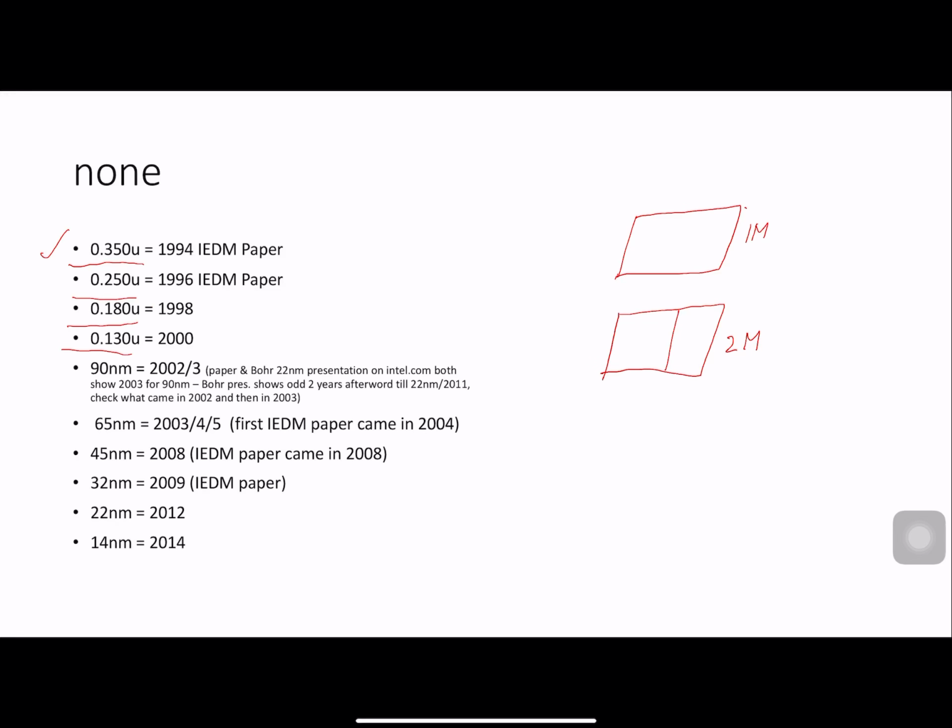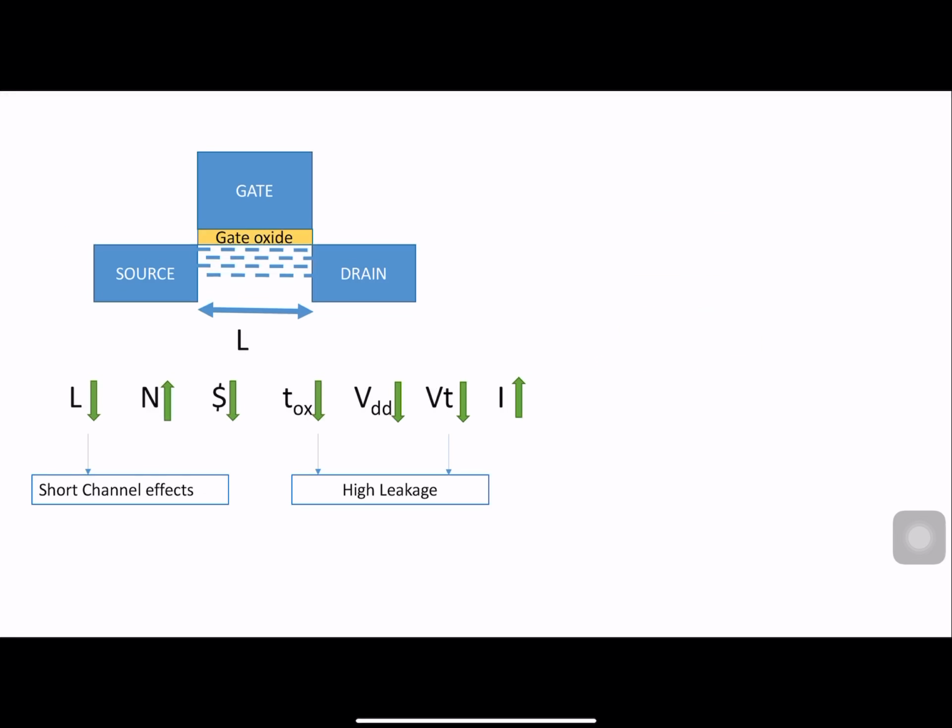So if we look at this one, this is our favorite two-dimensional transistor. Okay, so we have the source,